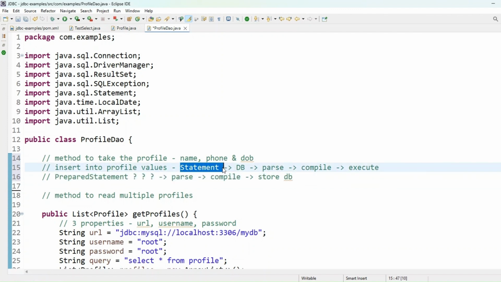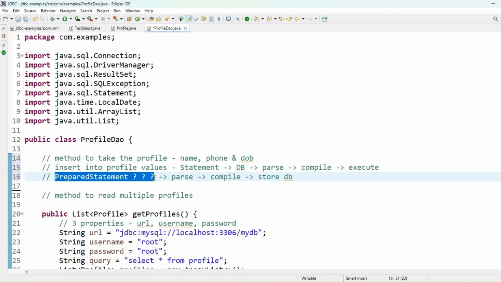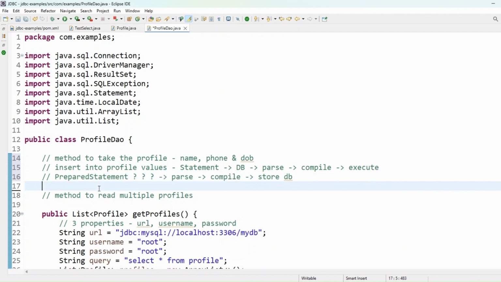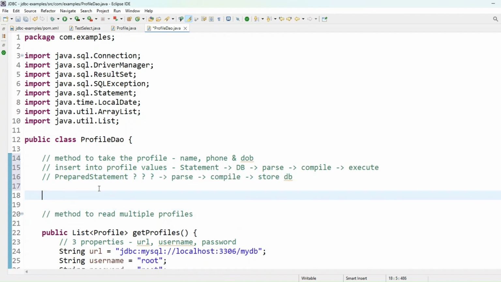So you use statement when the query is going to be static, meaning if it doesn't change, but whenever the query is dynamic, meaning the input values are changing, then you better use prepared statement, as the query will be parsed, compiled, and stored in the database memory, and second time onwards it is going to be directly executed. So we will use the prepared statement in this method,